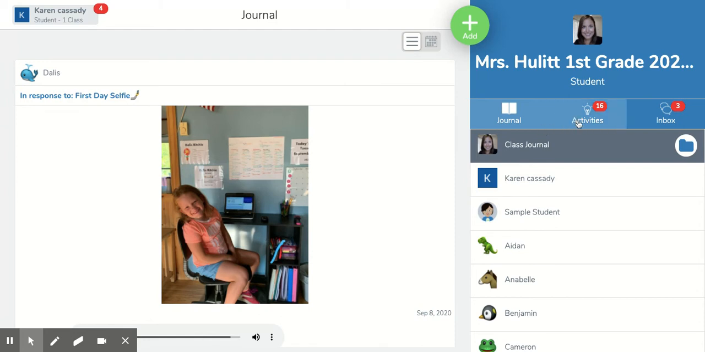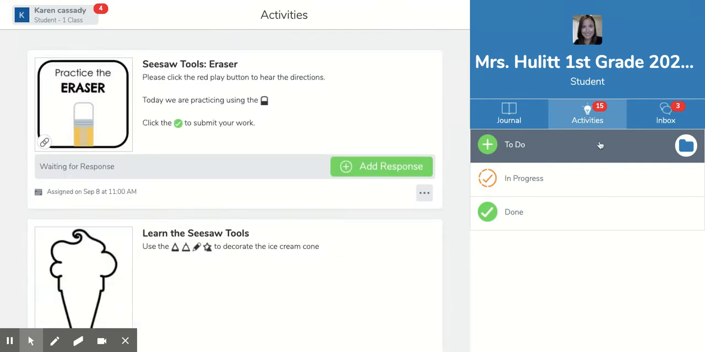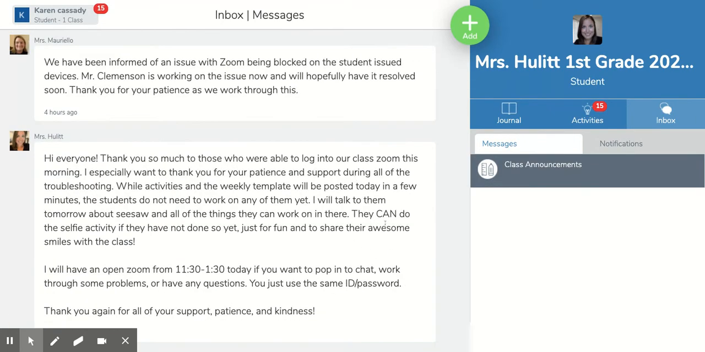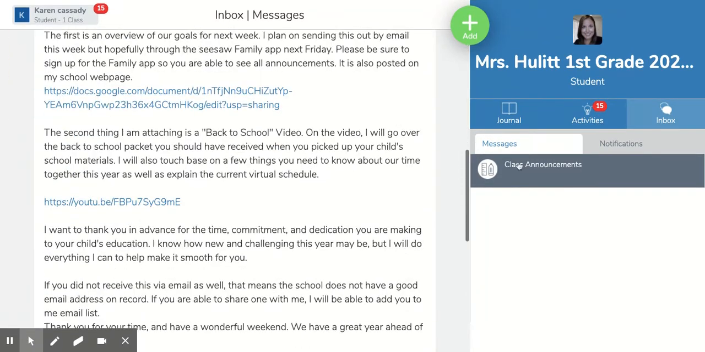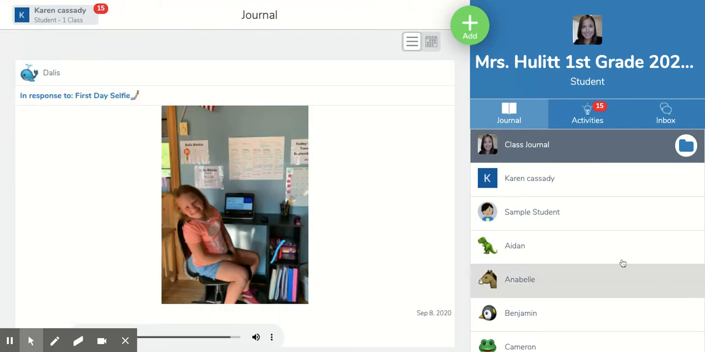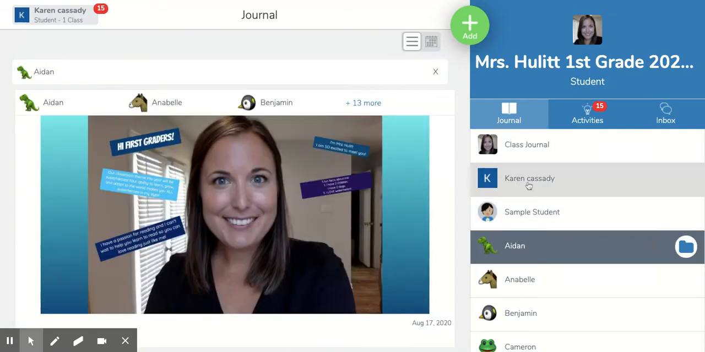And you can also see over here we have the journals tab, the activities tab, which is where you'll find all of the activities and assignments you'll need to do each week, as well as our inbox for class announcements and things like that. So you can see Mrs. Mariello and myself have already done quite a few class announcements or notifications about new announcements or activities that may have appeared in your journal. So if we go to the class journal, you can find each student's different work to use as examples or things